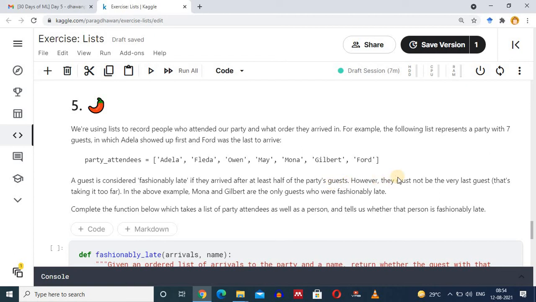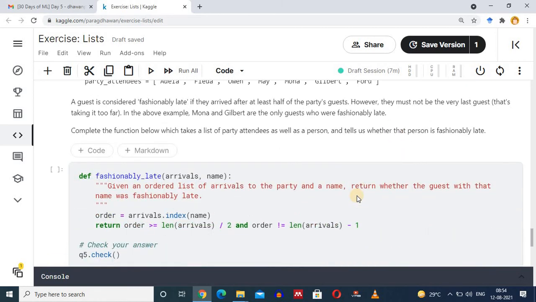However, they must not be the very last guest. So in the above example, Mona and Gilbert are the only guests who are fashionably late. So the index of the list should be greater than the half position of the list, and it should not be the last element. This is the condition to be satisfied.